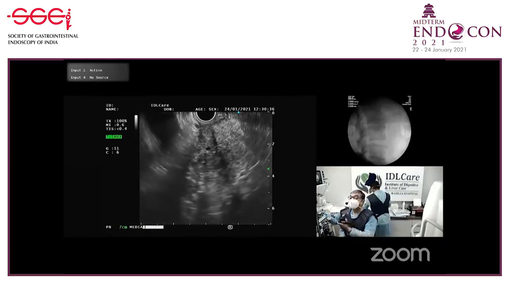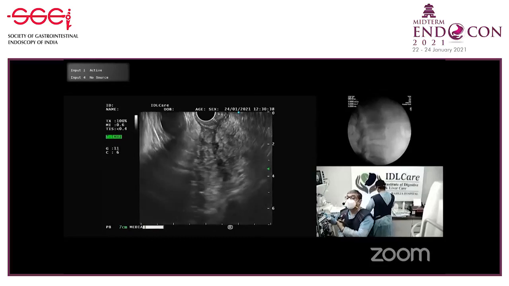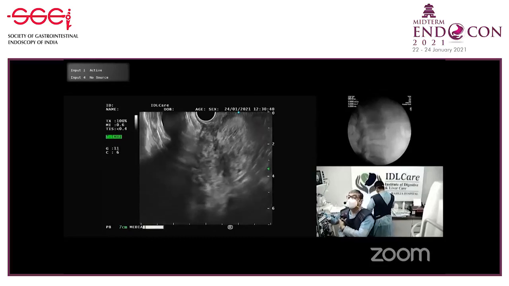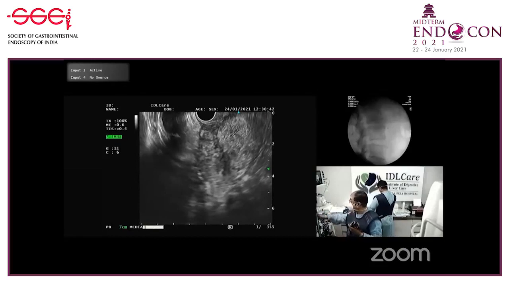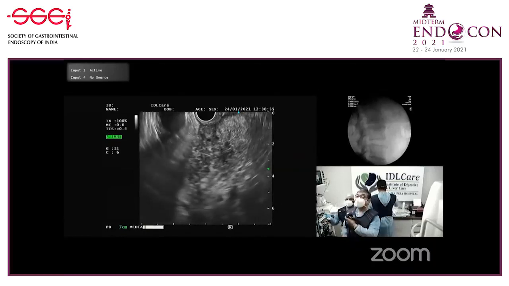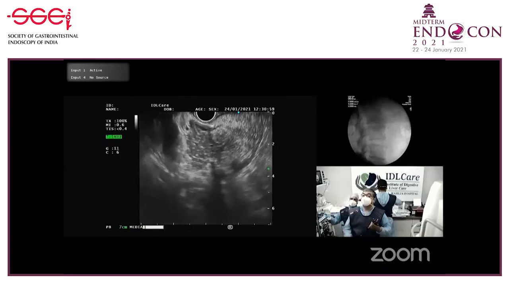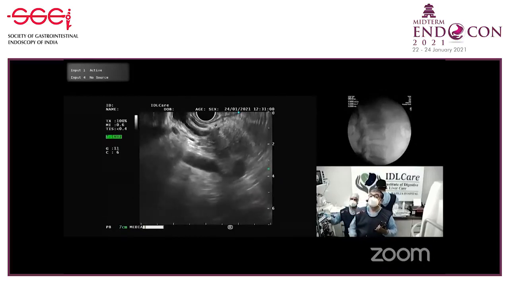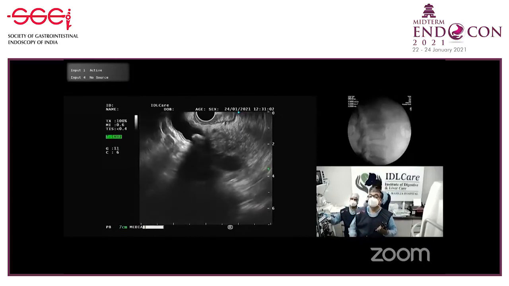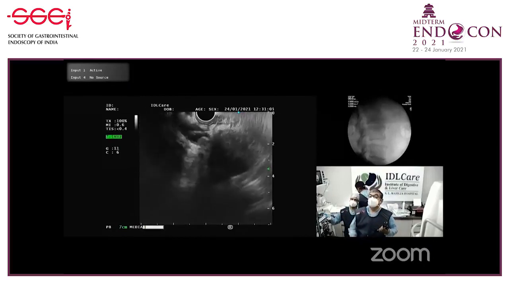This is the papillary area. Freeze. So you see, this is the papillary area here. On EUS it looks perfect. The head of the pancreas shows normal echotexture. There is nothing in the head of the pancreas. So far what we have seen is a stone disease. A single stone here. See this? But the dilatation is too much.